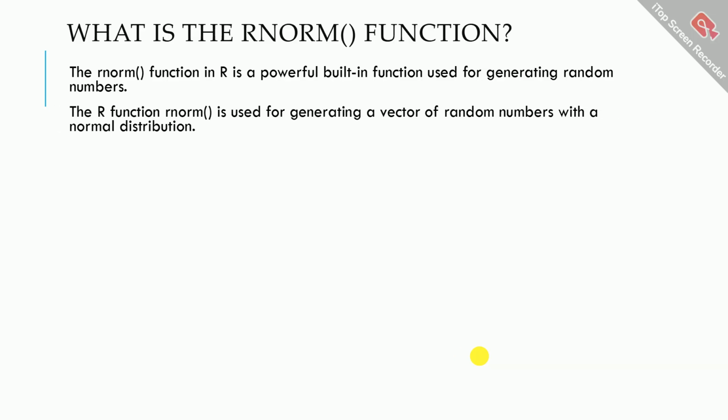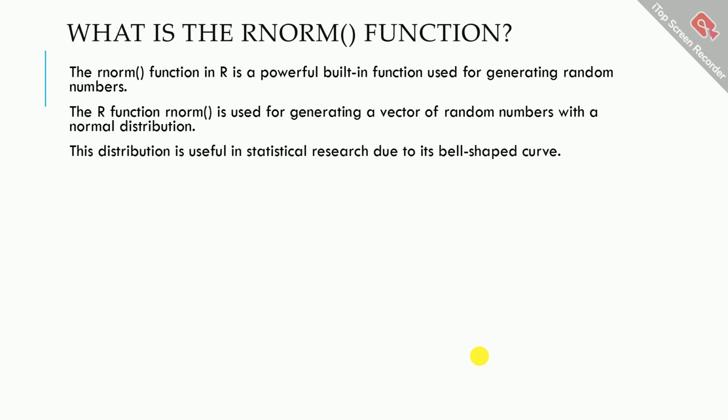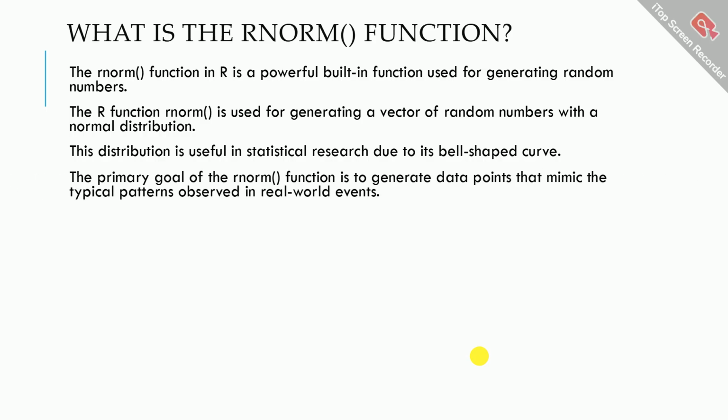The R function, denoted by rnorm, is used for creating a vector of random numbers with a normal distribution. This distribution is useful in statistical research due to its bell-shaped curve. The primary goal of the rnorm function is to generate data points that mimic the typical patterns observed in